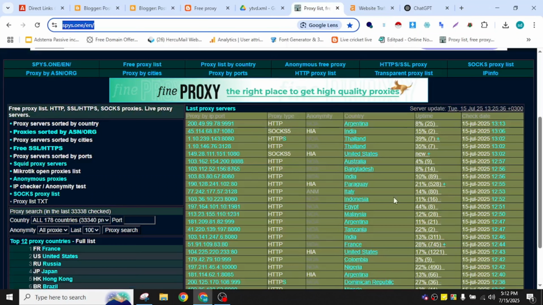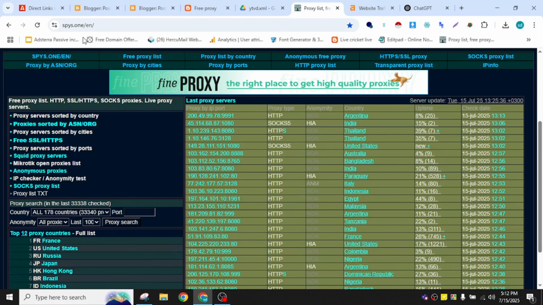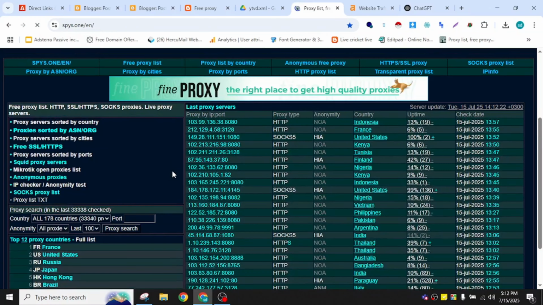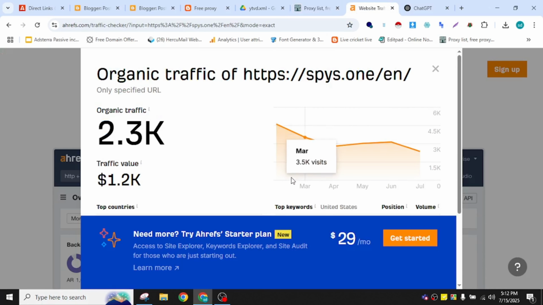So guys, today I am going to share with you how to make a free proxy website and how you can easily earn from this website. So see, I am going to duplicate this website. I will make exactly this type of website, but with a slightly changed design, and this type of website easily gets 2.3k